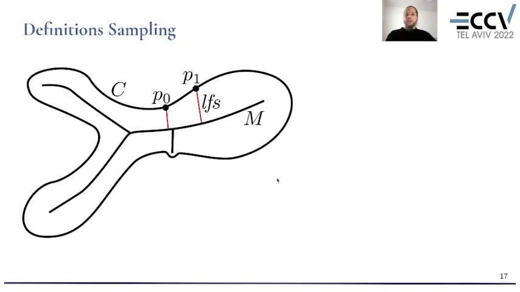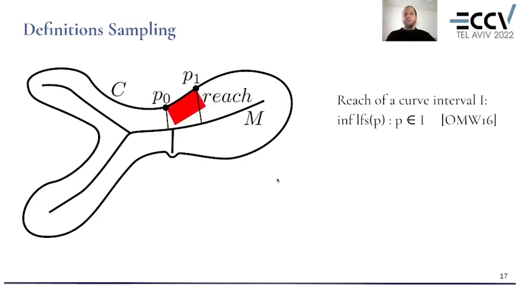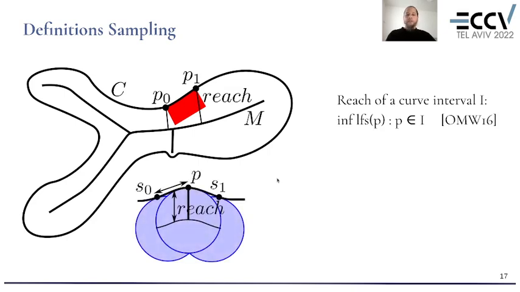where we take the interval along the curve of 2 points. So instead of taking the local feature size at the point P, we take the interval between P0 and P1 and define the reach of a curve interval as its smallest local feature size in between. Then, similar to the local feature size at point P, we have the reach for this interval, and then